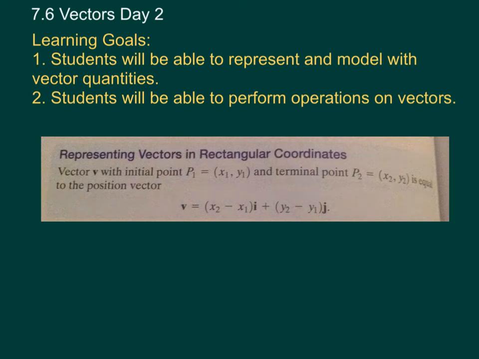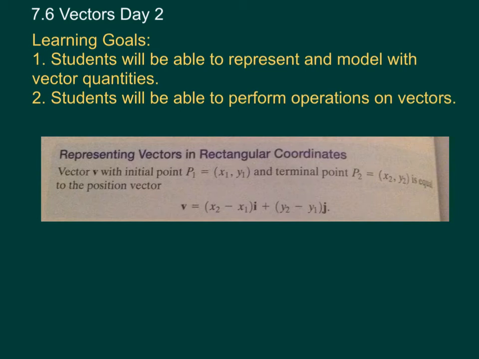7-6 Vectors Day 2. Your learning goals are still the same, that you'll be able to represent and model with vector quantities, and that you'll be able to perform operations on vectors. In this lesson, we're going to learn how to write a vector in terms of a rectangular coordinate. Or excuse me, we're going to be able to take a coordinate and write it in terms of I and j. And so, according to this